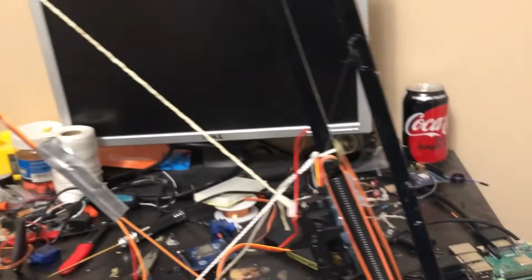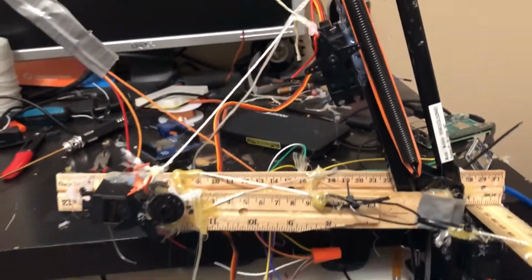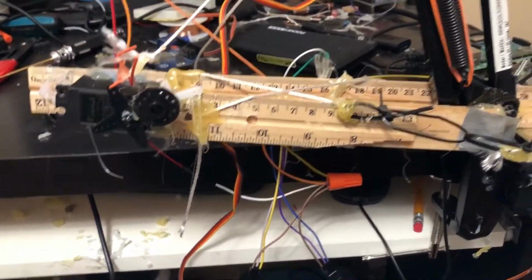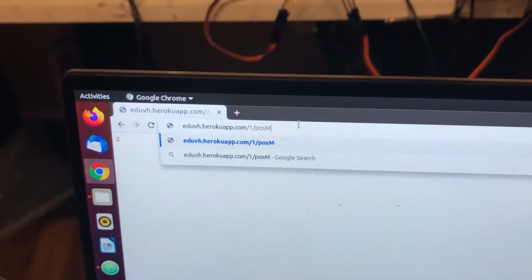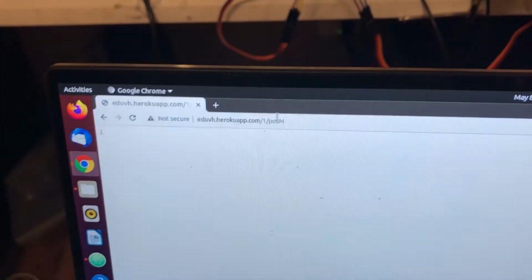Now the way this Firebase database ref is set is by making a request to a specific Heroku Flask app with the number you want in the URL. So for example, when I make a request with 1 in the number, then it should move this motor right here, which drives the main arm. So when I make the request,